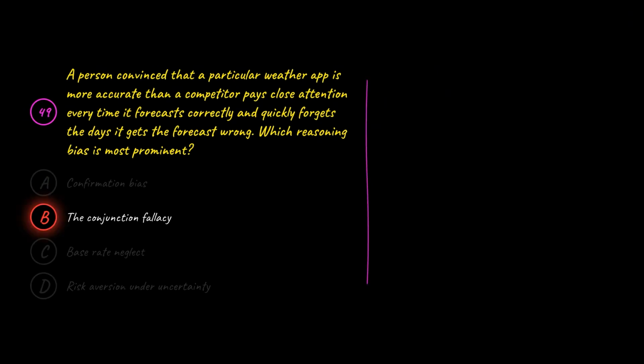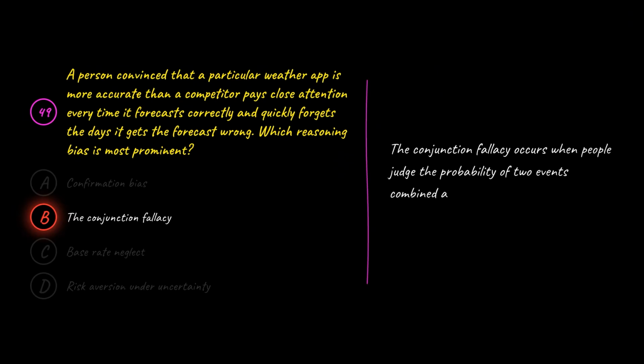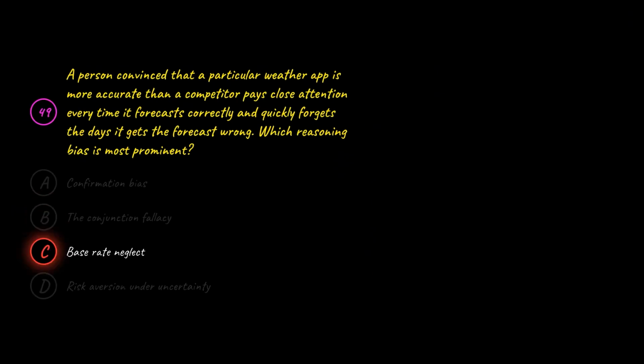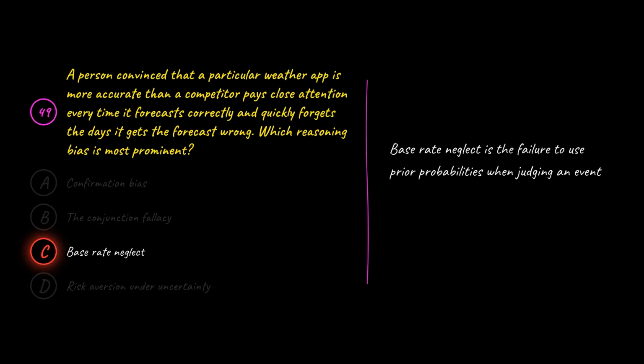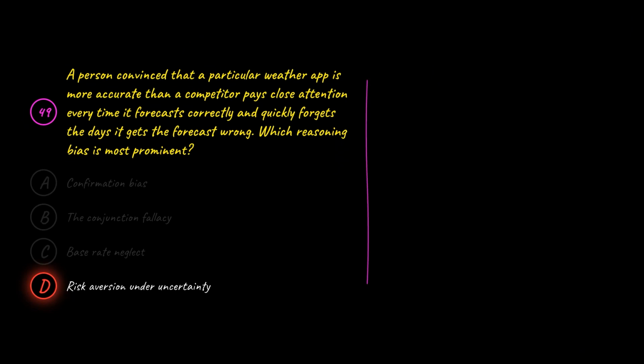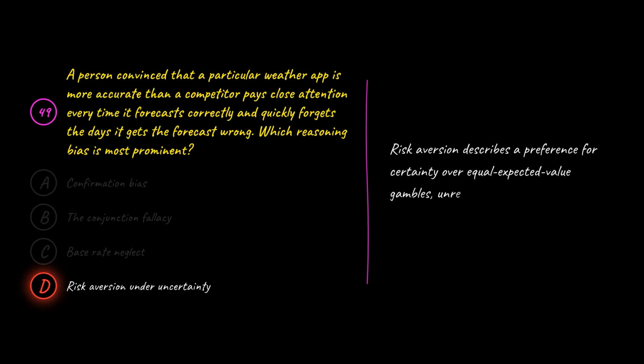B is wrong because the conjunction fallacy occurs when people judge the probability of two events combined as higher than one of them alone, a different reasoning error. C is wrong because base rate neglect is the failure to use prior probabilities when judging an event, not specifically the selective attention to confirming evidence described. D is wrong because risk aversion describes a preference for certainty over equal expected value gambles, unrelated to selective attention